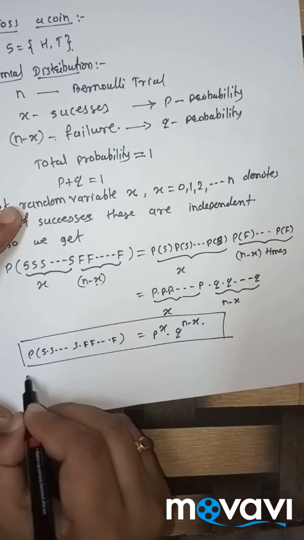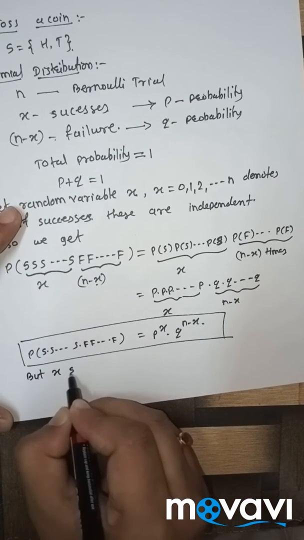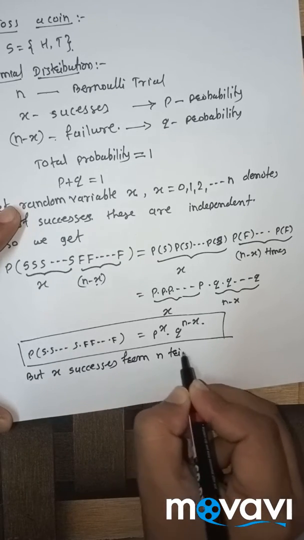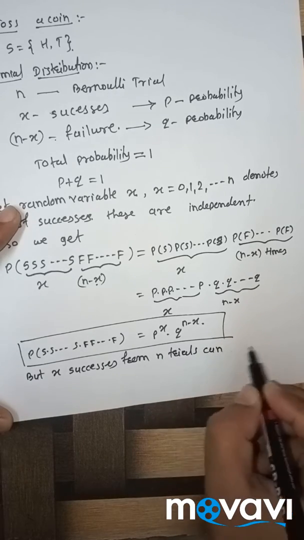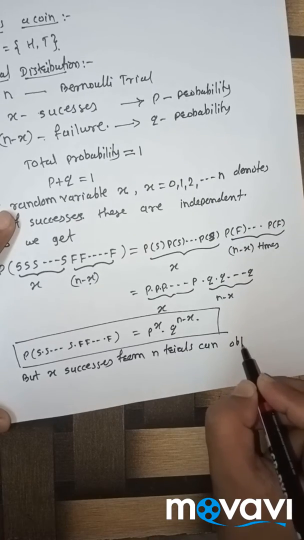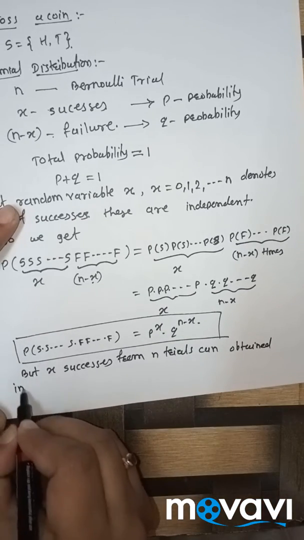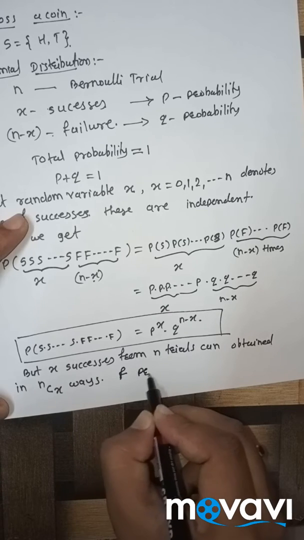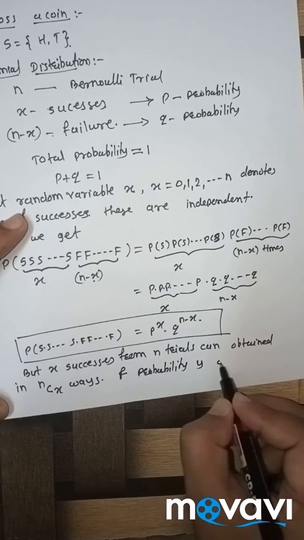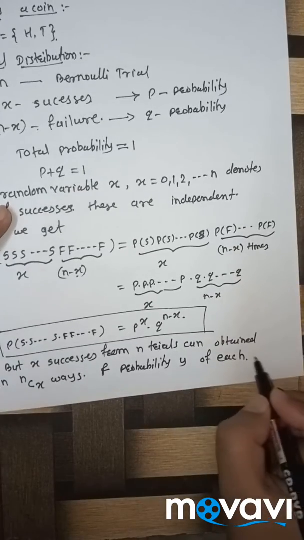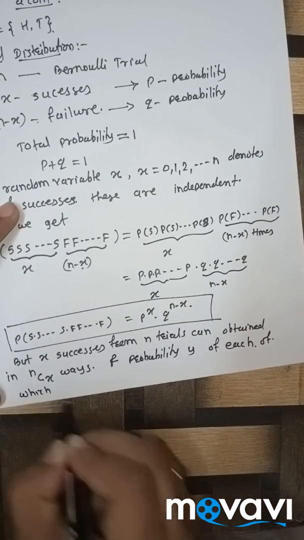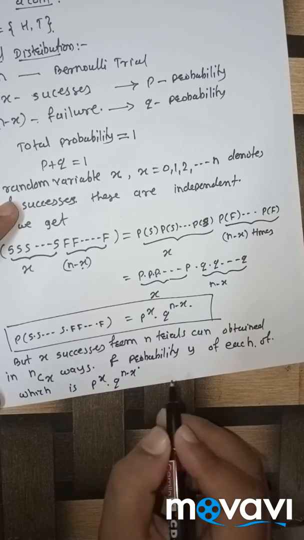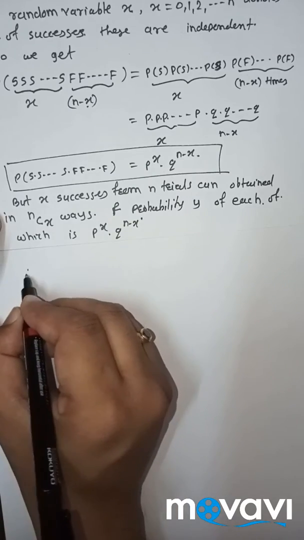But x successes from n trials we can obtain in nCx ways, and probability of each of which is p raised to x into q raised to n minus x. Therefore, our final answer,